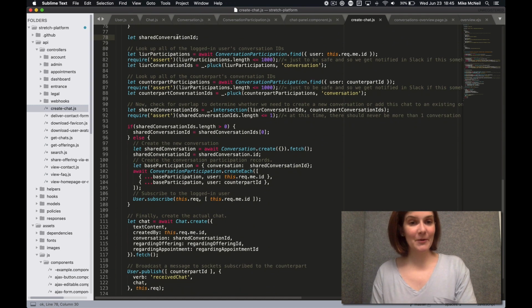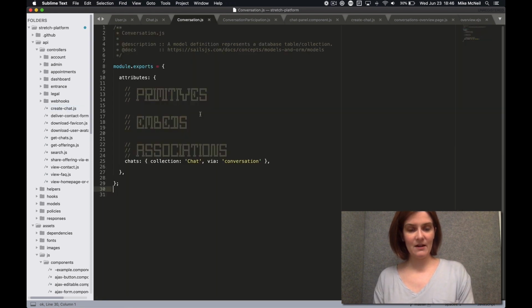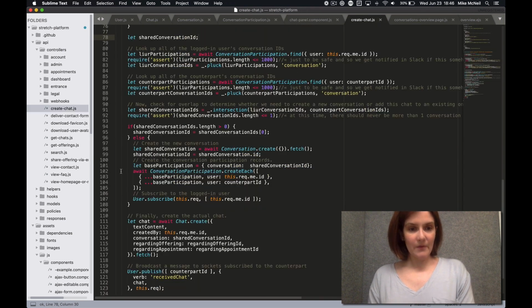We're going to try and get this shared conversation ID, which may or may not exist. This is a conversation record that basically has the chats between the logged in user and the counterpart that we're chatting with. So we look up all of the logged in user's conversation IDs,